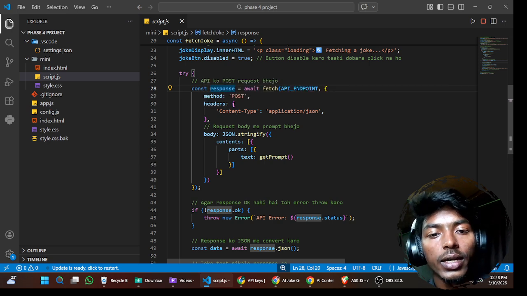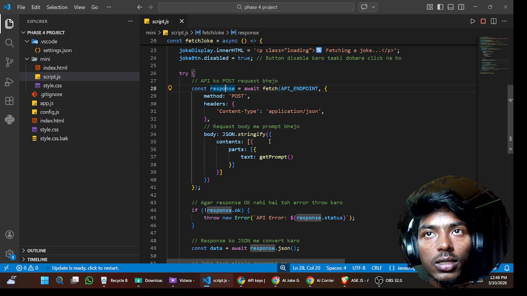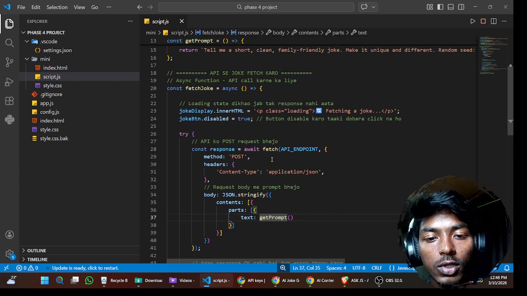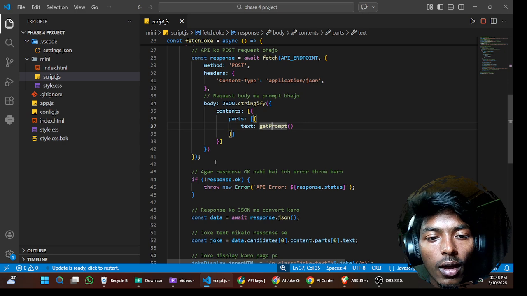Then headers. In headers, we have to tell the Gemini API that we are using JSON format. And after that, body. Here we use JSON.stringify. We make that into a string. And after that, contents, body, and text. Here is the real prompt. Okay. After that, here,